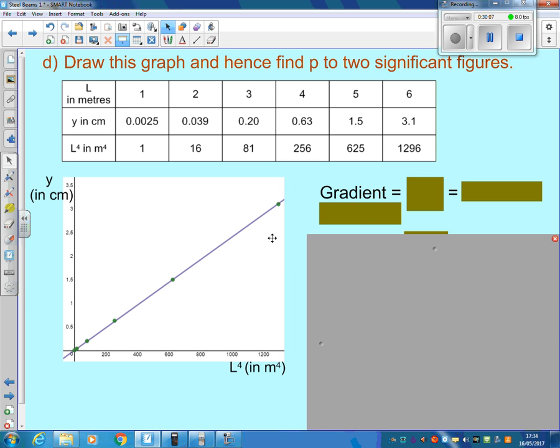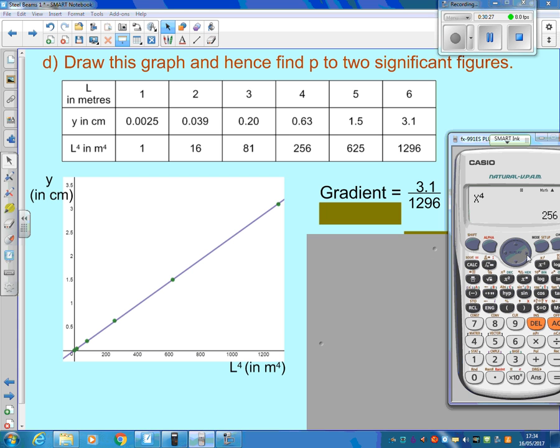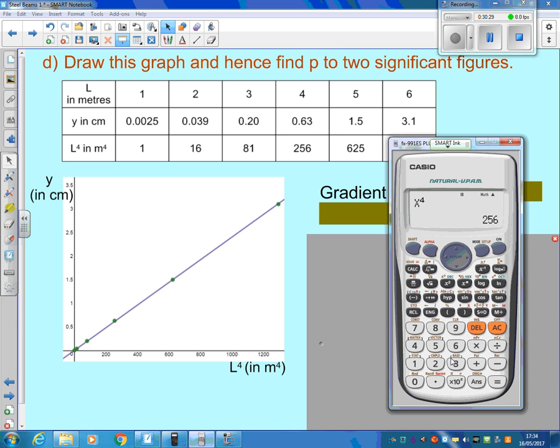Okay, but I can say my gradient is that y value divided by that L to the 4 value. So I'm looking for the biggest one, the y values are 3.1 divided by the 1296. So let's do that on our calculators. Okay, 3.1 divided by 1296 equals, there's my gradient,